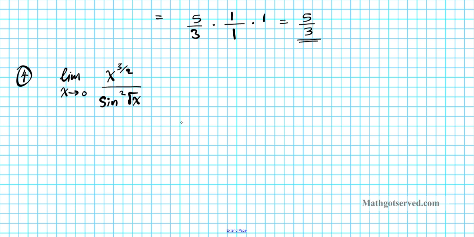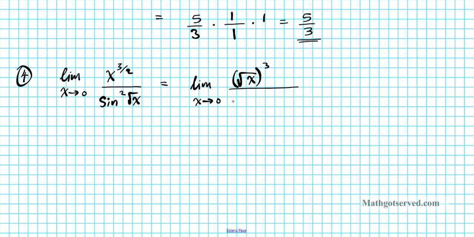All right, so let's take a look at this for a minute. This looks a little bit complicated. Let's see if we can use some tools from the properties of exponents to rewrite this in such a way that we can apply the squeeze theorem. Okay? All right, so I can write this as, let's see, the limit as x approaches 0 of the square root of x raised to the 3rd power